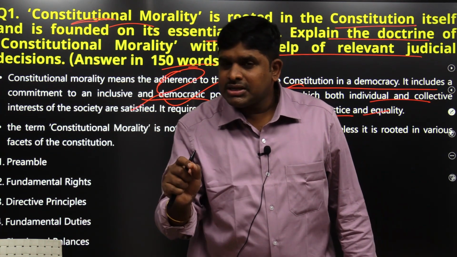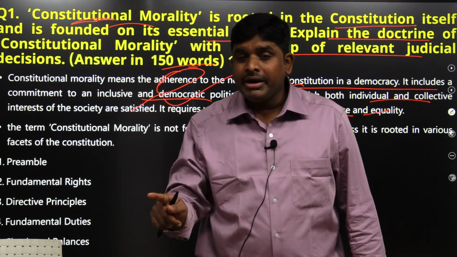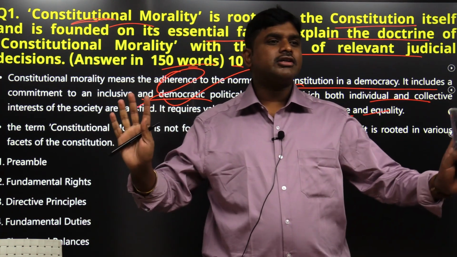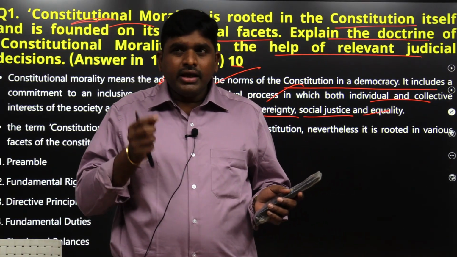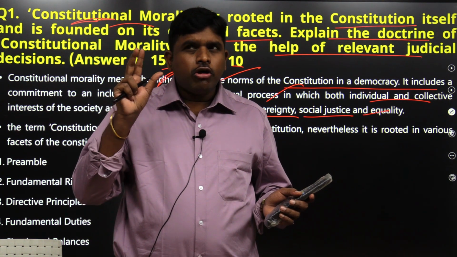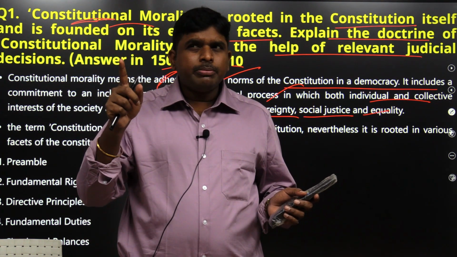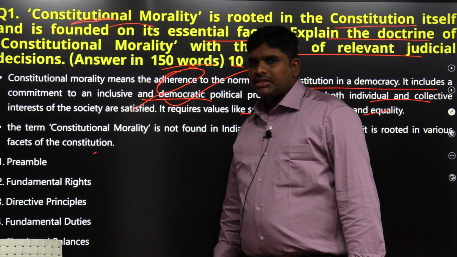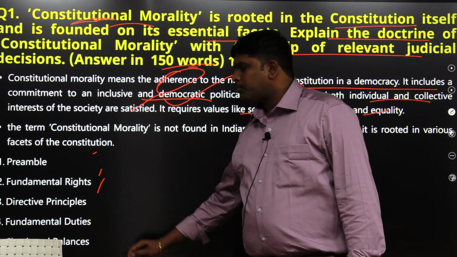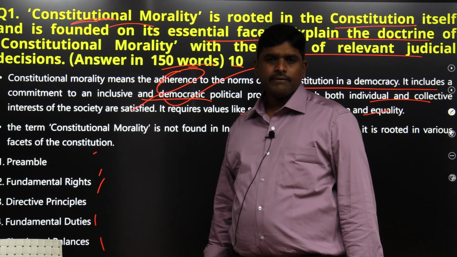So, whether what is present in the constitution is satisfied at the individual level or collective level, whether it is implemented at the individual and collective level or not, is called its meaning. But even without knowing the meaning, the constitution is important. The constitution is present, so it should be implemented. Why? Because the constitutional principles are for individual satisfaction and for collective satisfaction. Like, what is present in the preamble, fundamental rights, directive principles of state policy, fundamental duties, checks and balances.